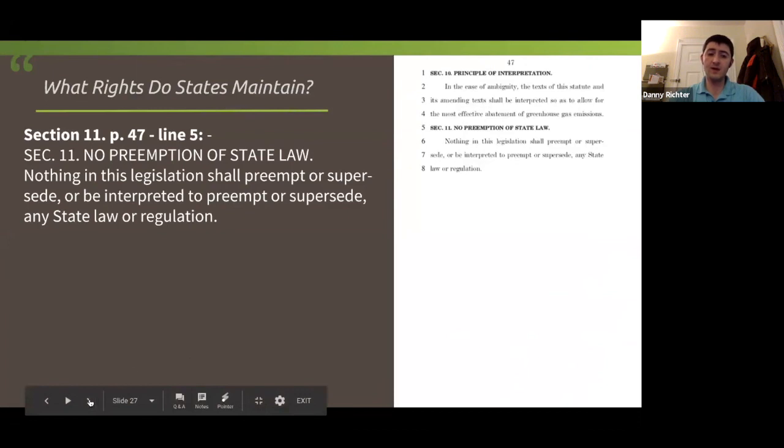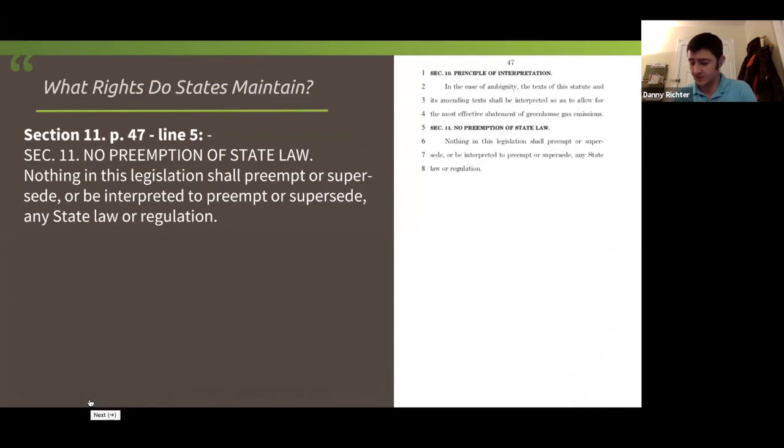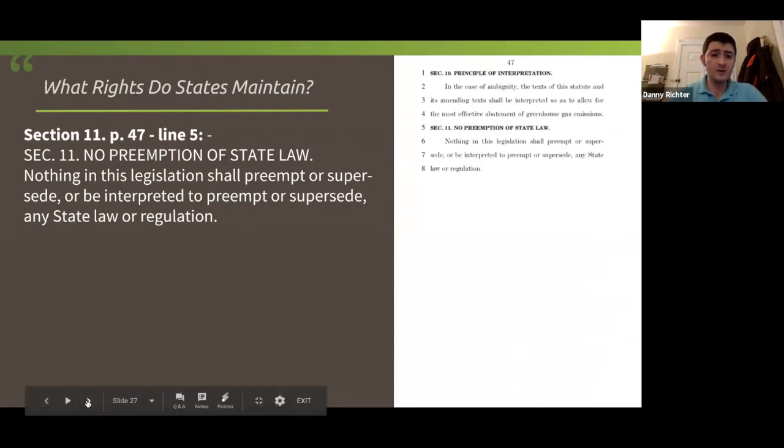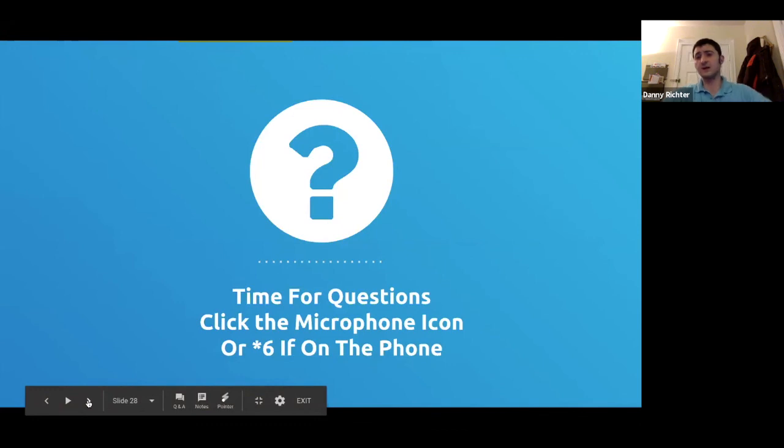So, and I think the theme of this, again, no double jeopardy. If it's subject to the fee, it's not subject to regulations, but it's very narrow, and we still want clean air and we still want clean water. We want nothing in this bill to make it harder to get to lower emissions, clean air, and clean water. So those are the selected parts that I wanted to go over.